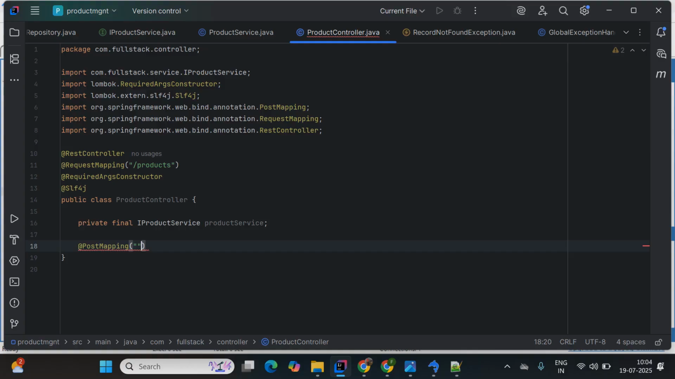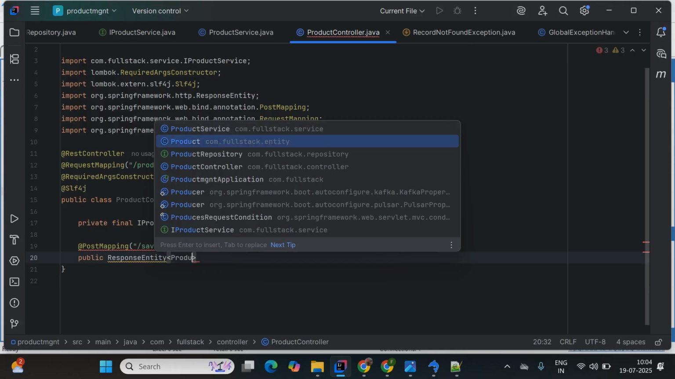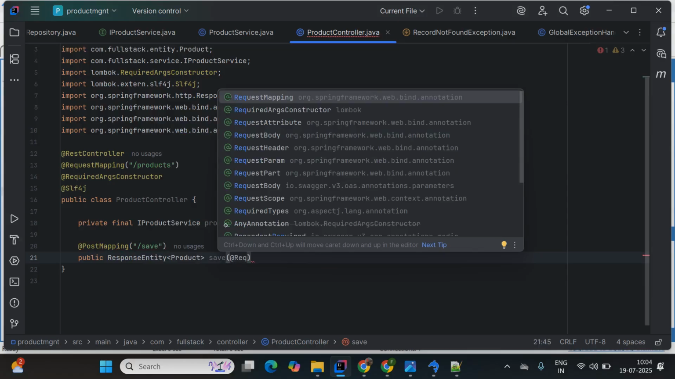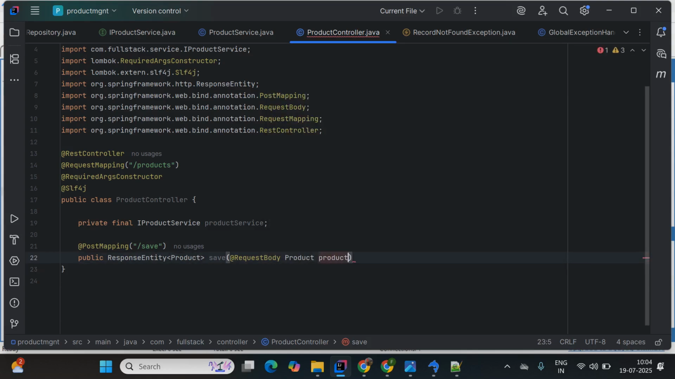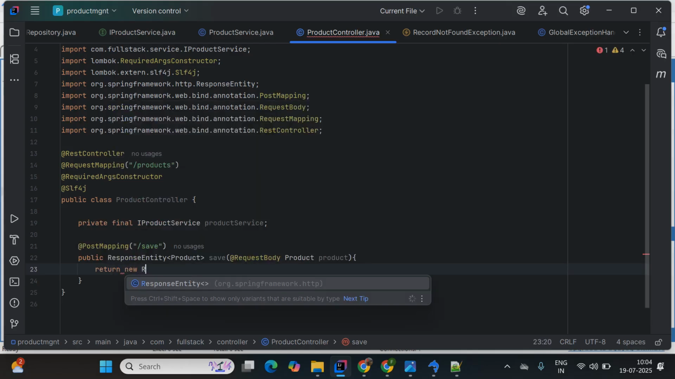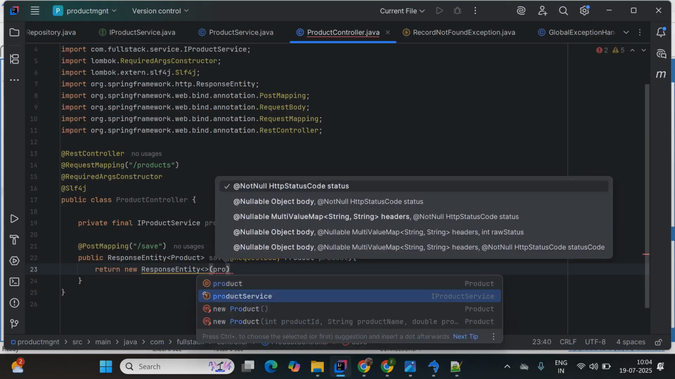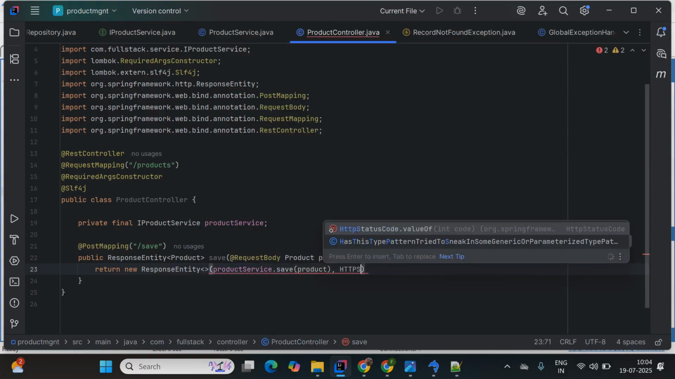Now the first API I am writing here will be @PostMapping. It means we are trying to create the record, it means we are trying to save the data. This will be public, and we are passing here ResponseEntity of type Product, and simply give the method name as save. Inside that we are passing here @RequestBody, and this is the data for our product itself. Now to return, you can simply say new ResponseEntity, and we are just going to call here productService.save. We are passing the entity as product, and the HTTP status we are giving here is CREATED,